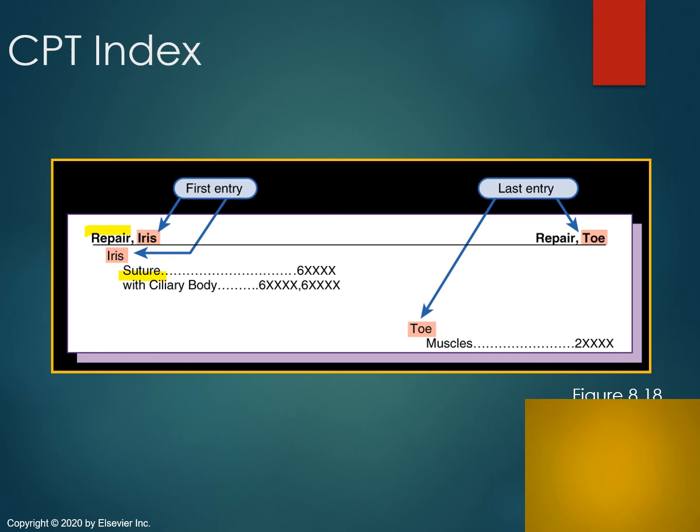So the first entry, when you're looking in the index, if you look at the top of the page, all the way to the tip top, and you look at the word repair, for example, there's going to be a long listing under repair, because you can imagine repair of so many different areas of the body. But just so that you're not going through so many pages, the book is made in a way to help you. For example, this here tells you on this page, whatever this page is, the first entry is going to be the word iris, and then the last one is going to be the word toe. So if it's a repair of,